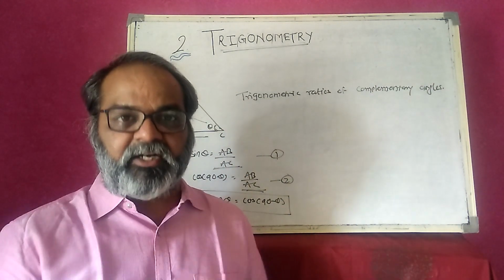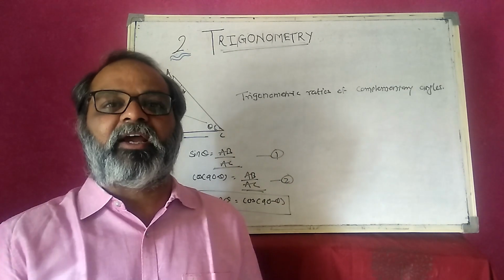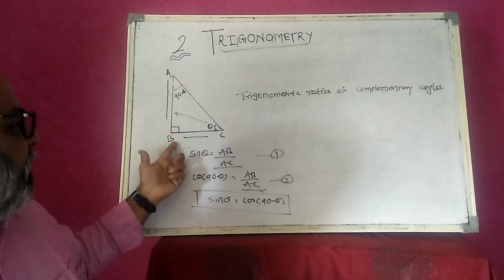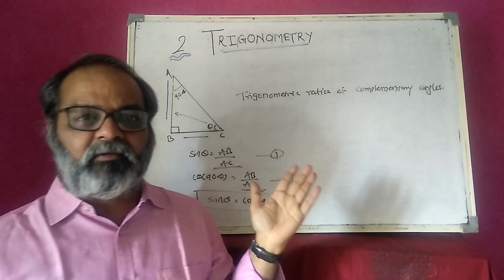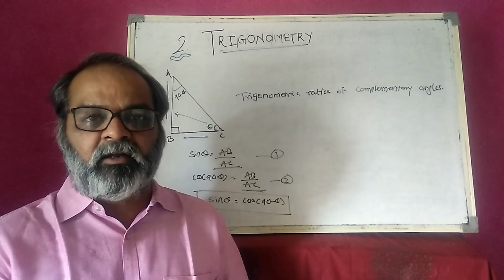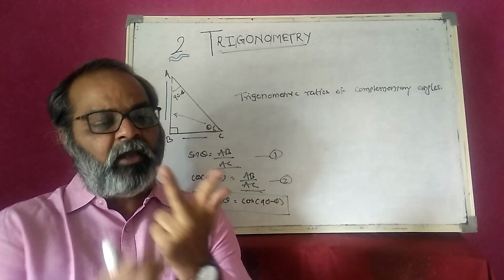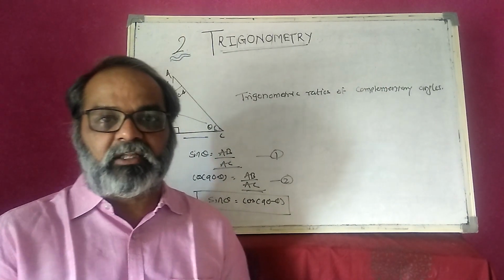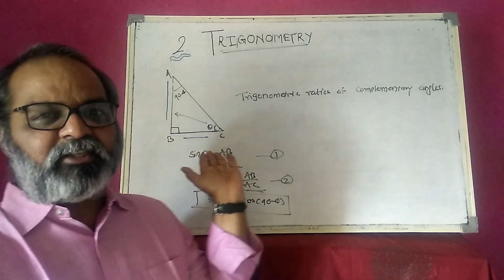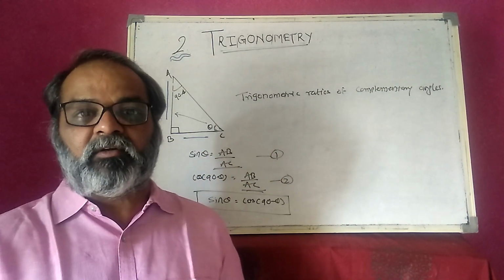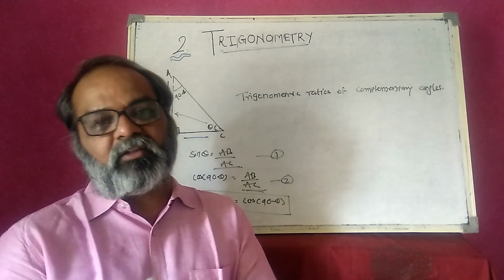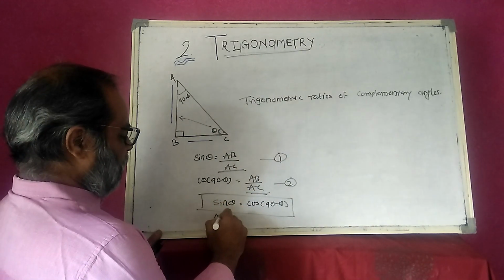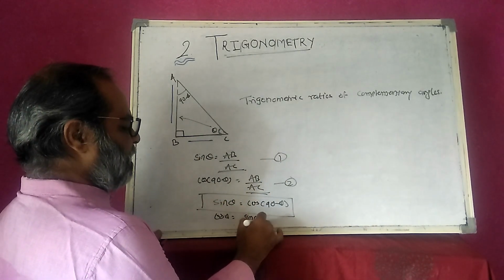It means that sin theta and cos theta are the complementary angles of each other. So theta here, and 90 minus theta here. We cannot take angle B as a single 90 degree angle, because we know the meaning of complementary: the addition of two angles is 90, then they are called complementary of each other. If you take one angle 90, it means that the other angle is 0 degree, which is not possible. So instead of 90, we take any other angles to have the addition 90. In the same way, we prove that cos theta is equal to sin of 90 minus theta.